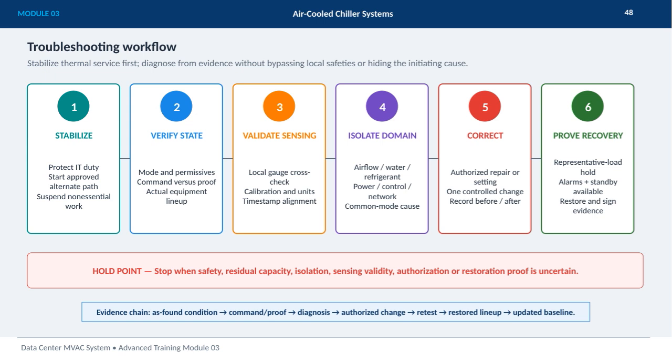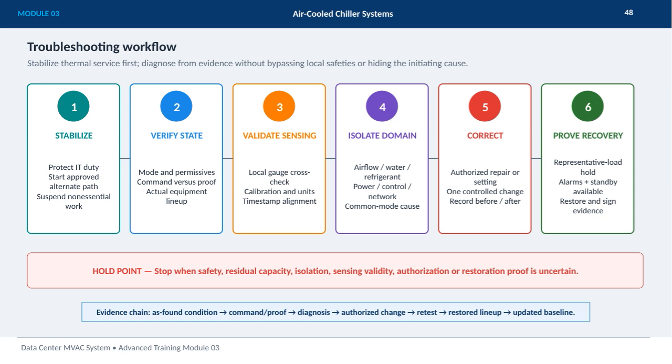After that, we isolate the domain by investigating airflow, water, refrigerant, power, control, and network factors to identify any common mode causes. When moving to correct the issue, only authorized repairs or settings changes should be made, with a single controlled change recorded both before and after. Finally, recovery must be proven by holding representative loads, confirming alarms and standbys are functional, and restoring and signing off